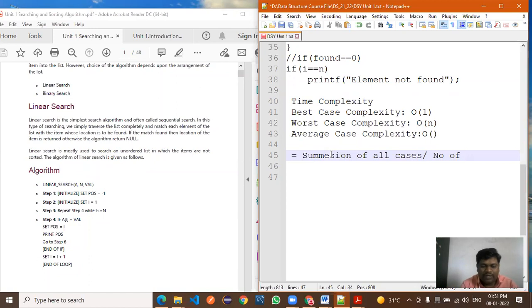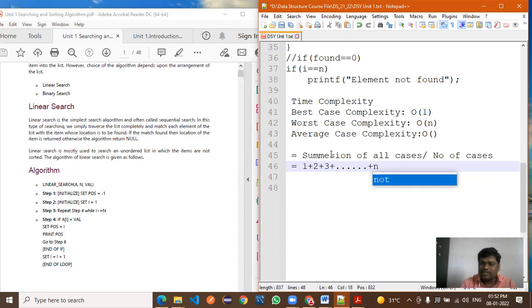What do we consider? Summation of all cases divided by number of cases, right? And summation means you are considering the first case, second case, third case, up to how many cases in case of average case complexity? Up to n we are considering, right?